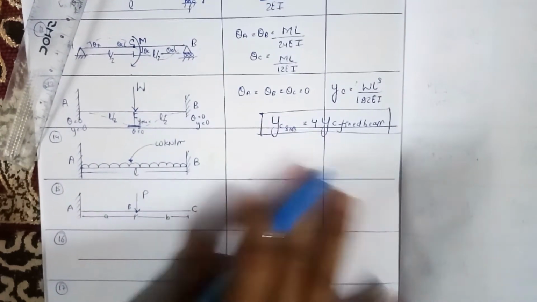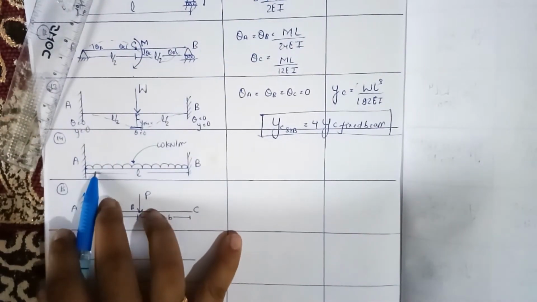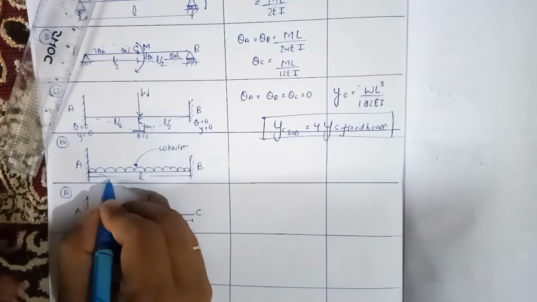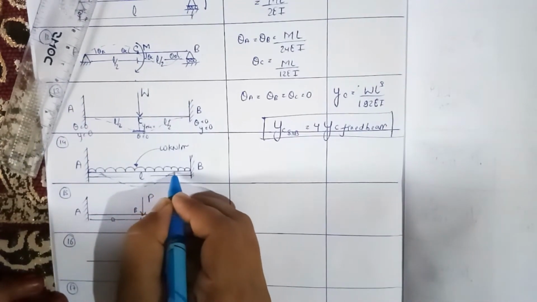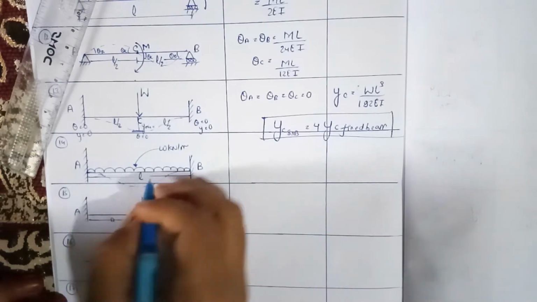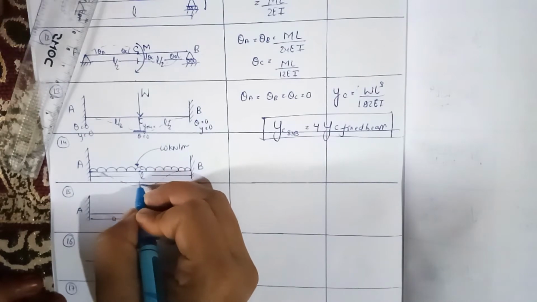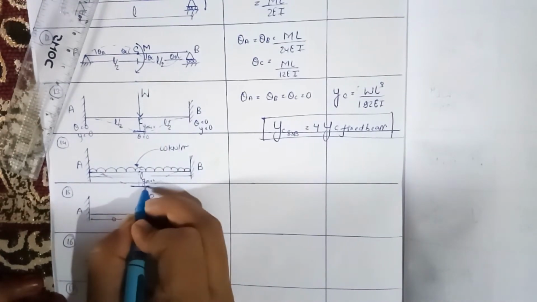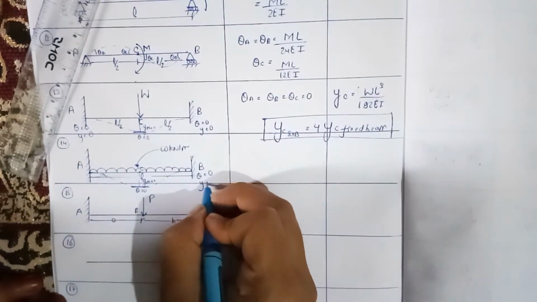Okay, next we will see the second type of loading in the fixed beam, that is the UDL. When the UDL is applied over the entire span, in this case also the beam will deflect like this. It will start deflecting like this, somewhere away from the joint. At the central point, that is C, the value of deflection will be maximum, and at the maximum deflection the value of slope is 0, and the value of slope and deflection at the fixed end will be equal to 0.